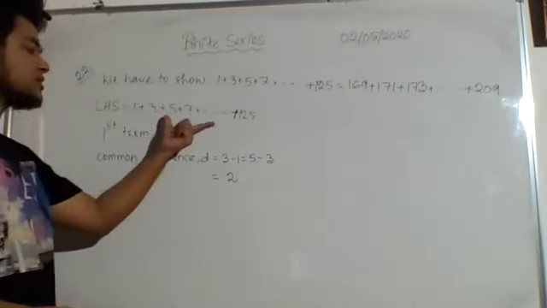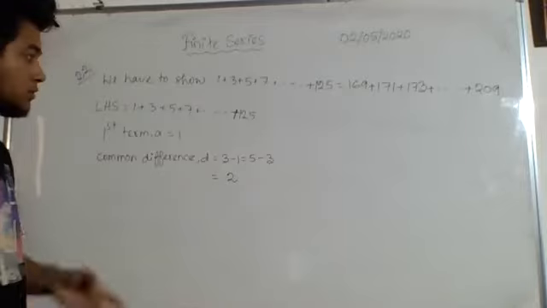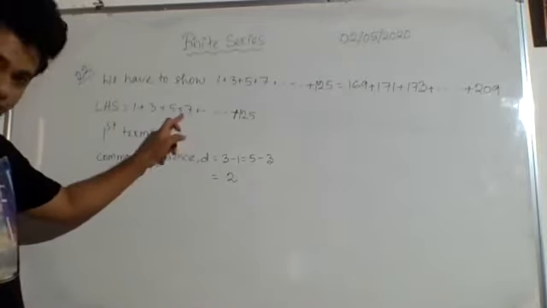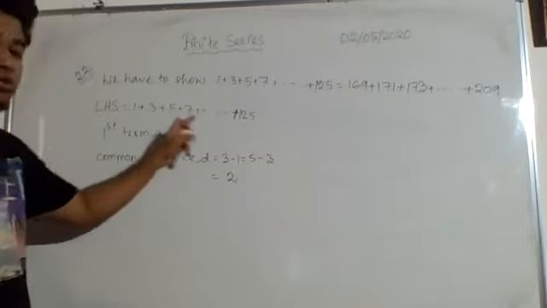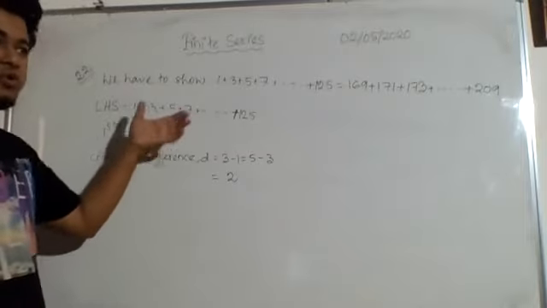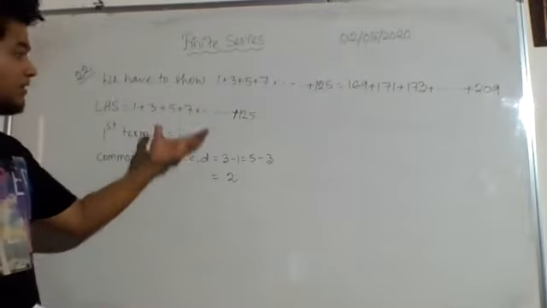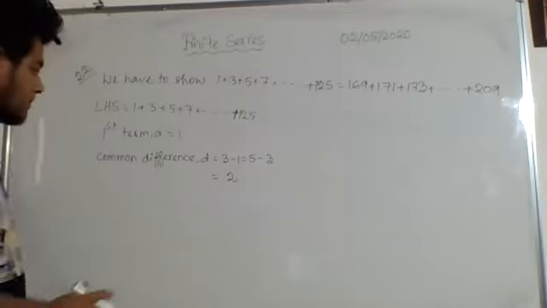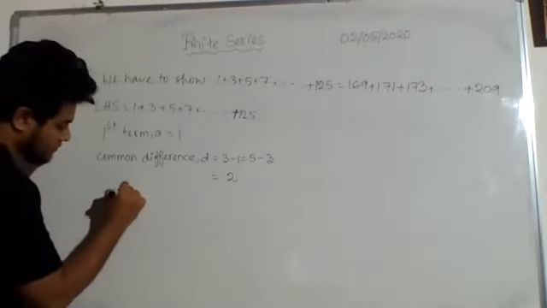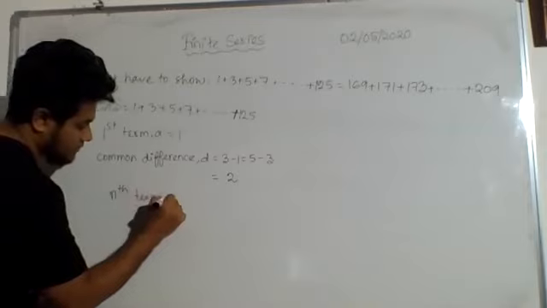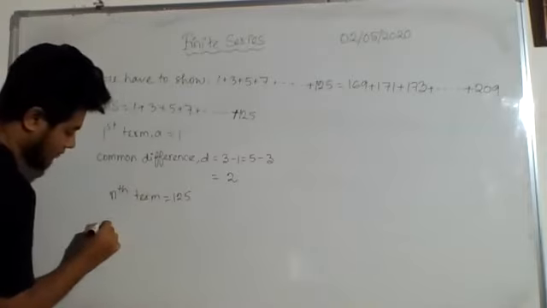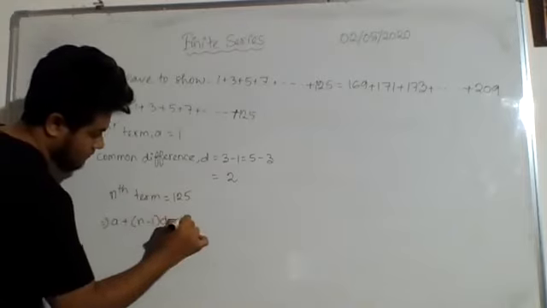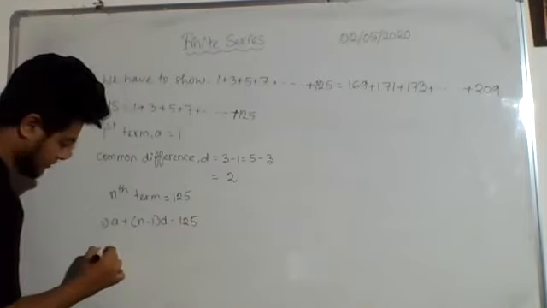That means how many terms are there? I don't know. I already told you, if there are 4 terms, the last one we consider 4th term. So as I don't know how many terms are there, I consider total n number of terms are there. If there are n number of terms, then the last one is going to be the nth term, right? So the last one, if I consider to be nth term, I can write nth term is equal to 125, and from here I can find the value of n. Then I can say how many terms are there.